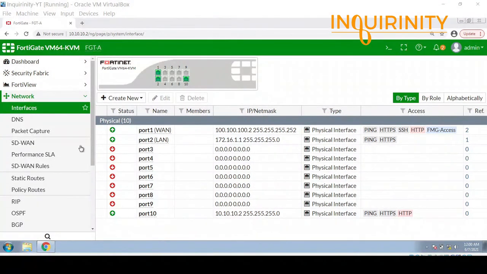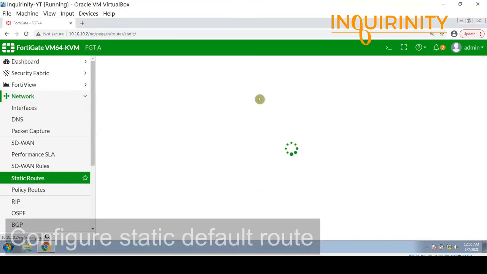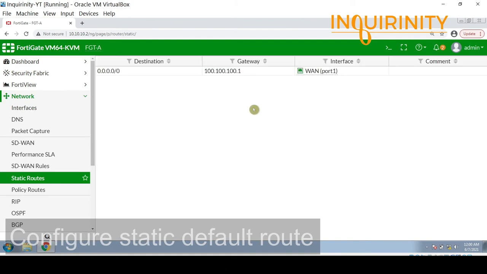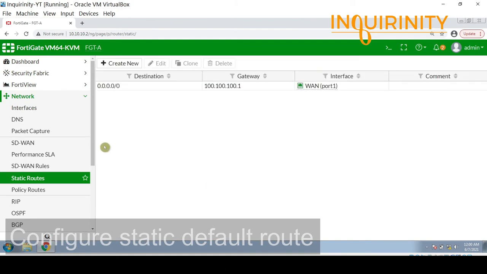Next, we go to static routes. So it is still under the network menu, static routes. So I just show you minimally what are the configurations for this firewall. By default, there are no static routes. So you have to click create new and add your static routes. In this case, it is a default route going to our ISP router